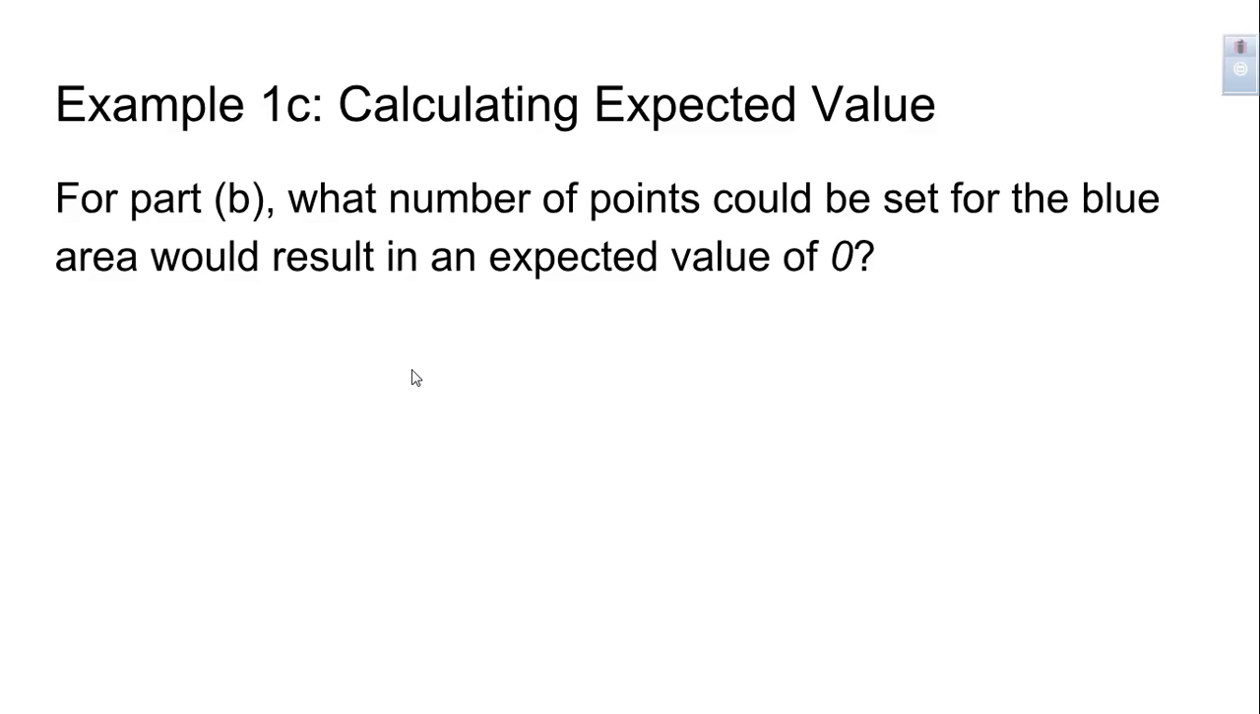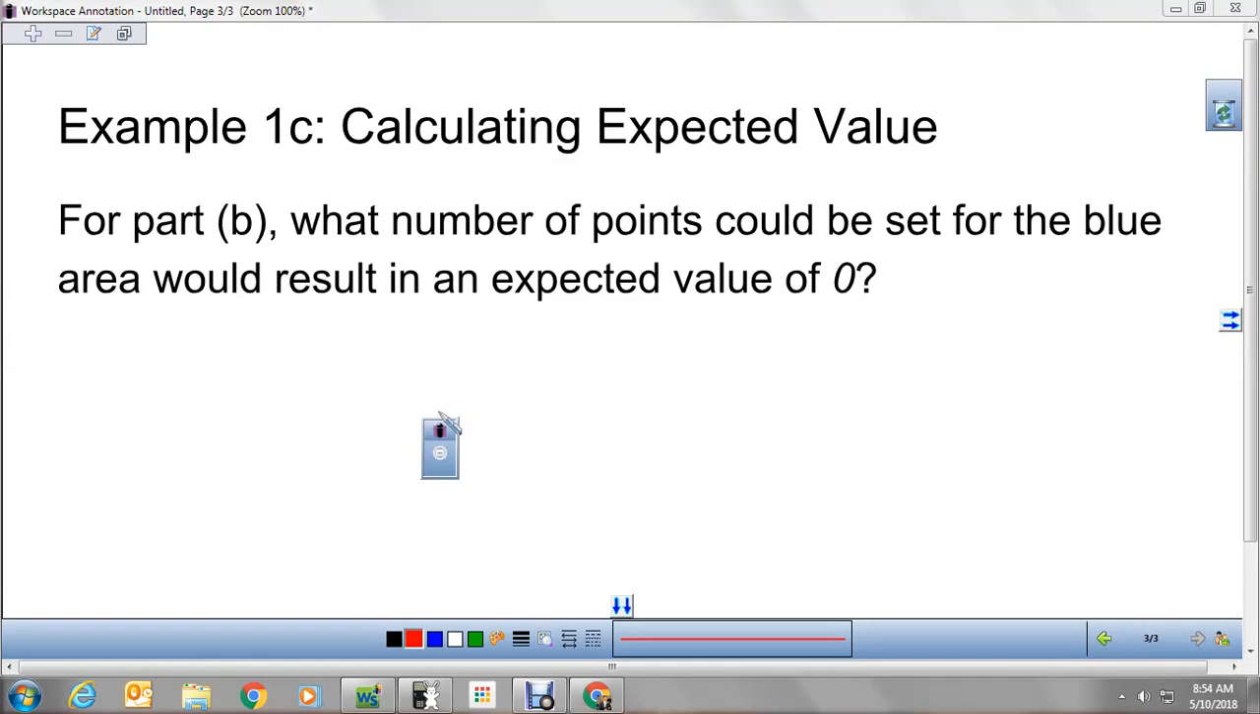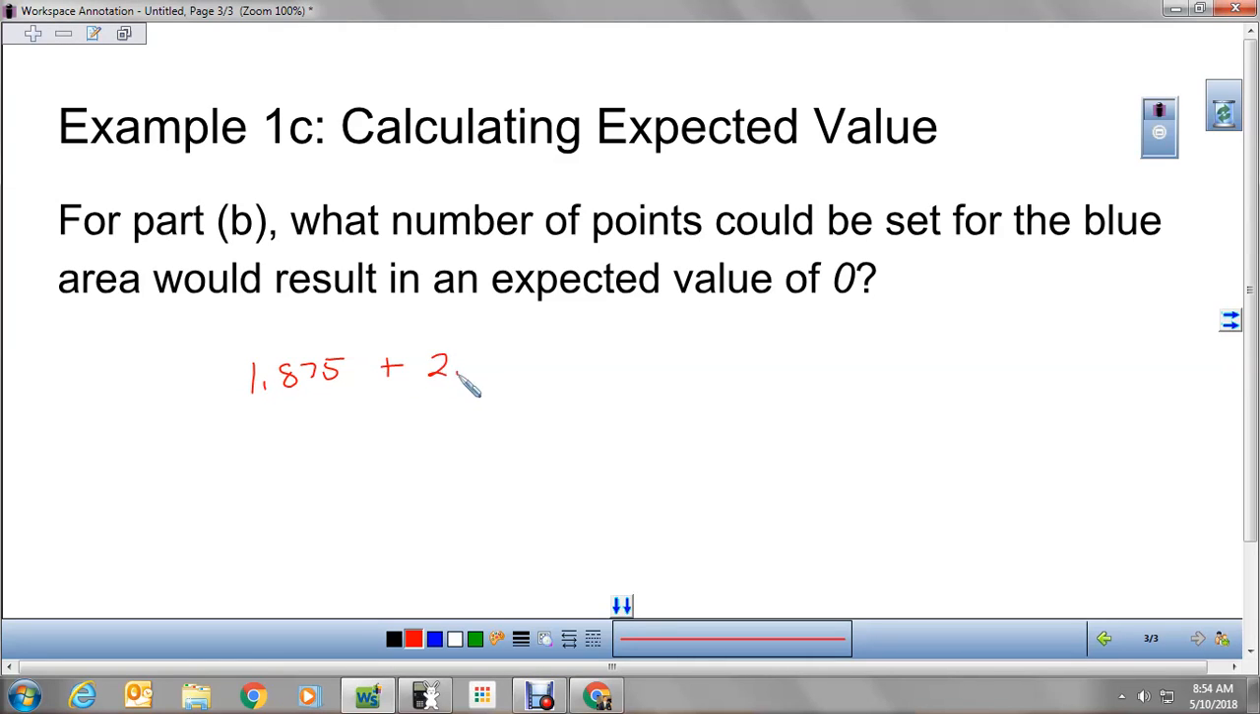So now let's move on to our last one. You saw as we made each number bigger, okay, what would be the number of points that could be set for the blue area that would result in an expected value of 0? Okay, so let's go back to this last one we used. So we had the expected value so far. So we're going to take our numbers of 1.875, these are the last numbers we used, plus 2.8125, and then we had